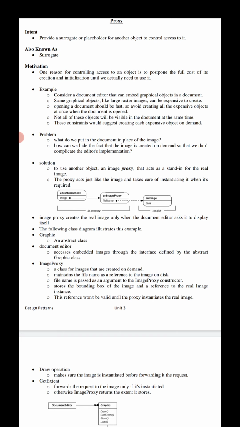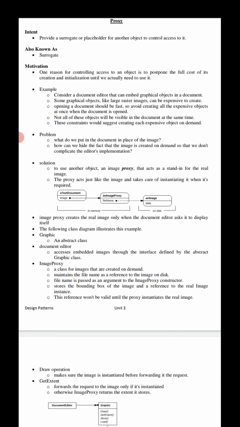Coming to the motivation section of the proxy design pattern, one of the main reasons for controlling access to an object is to defer the full cost of its creation and initialization until we actually need to use it. Let us consider a document editor that can embed graphical objects in a document.